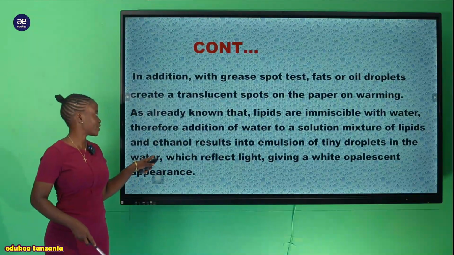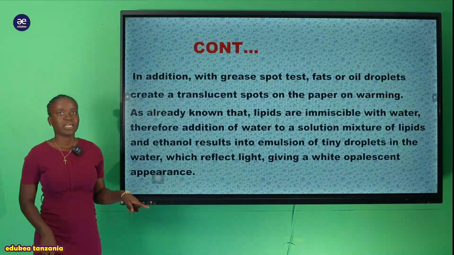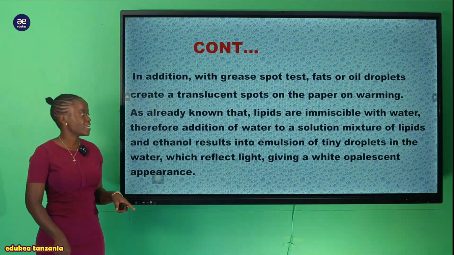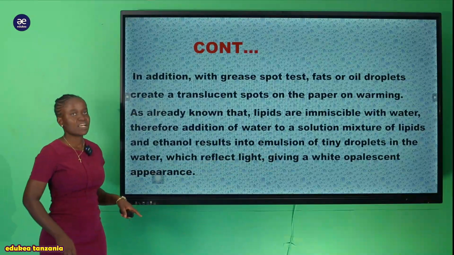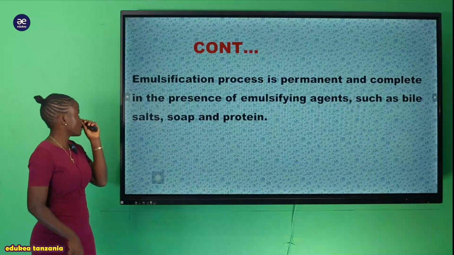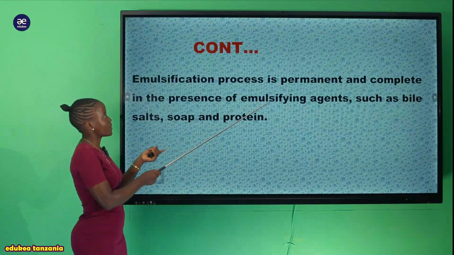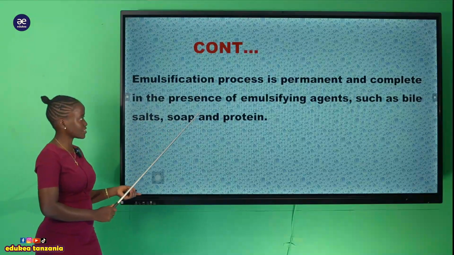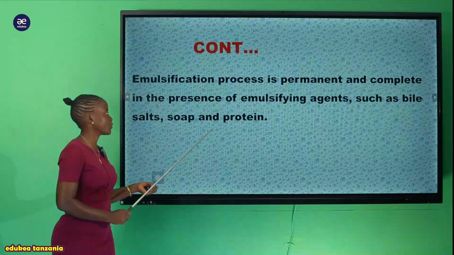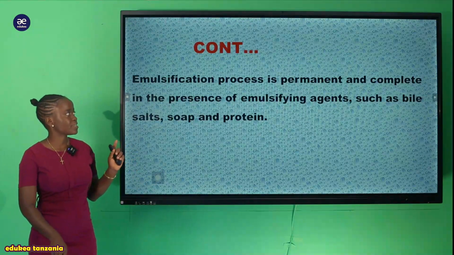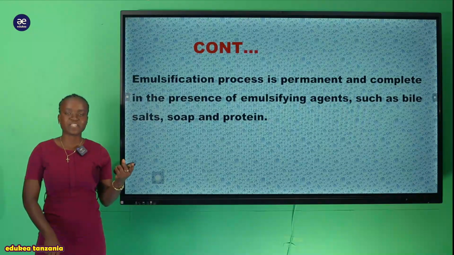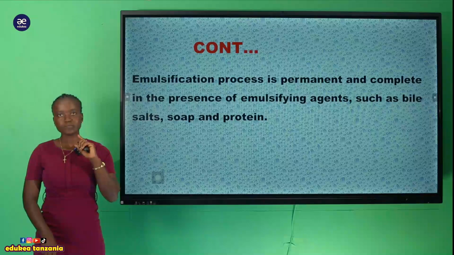So by using this ethanol, which is an alcohol, for testing the grease spot test, you will be able to see that there is a presence of tiny droplets on the upper surface of your sample. Also, the emulsification process is permanent and complete in the presence of an emulsifying agent such as bile salt, soap, and protein. So emulsification is another way that you can observe if there is a presence of a lipid